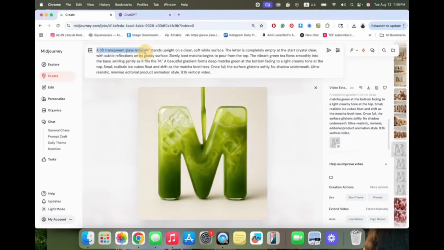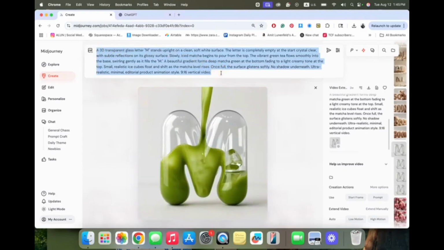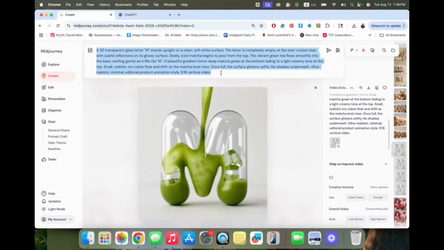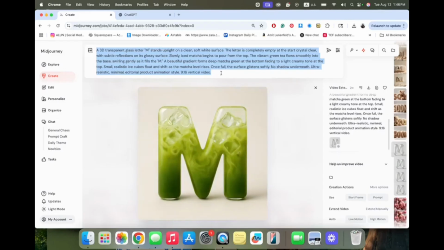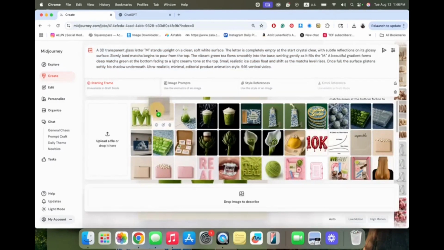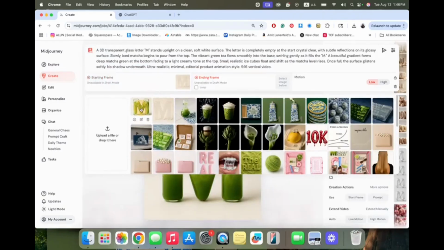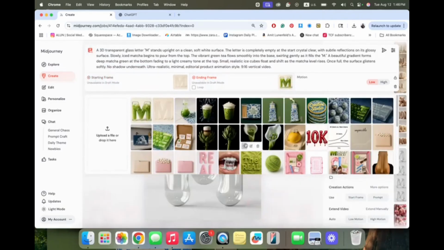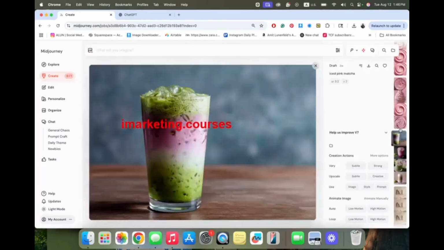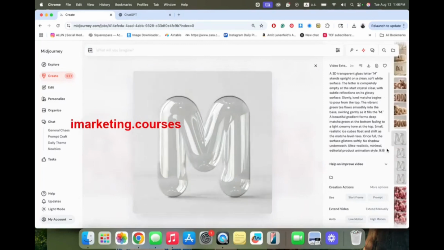Okay, so here you can see a prompt. As I showed you before, you can create the prompt with ChatGPT. You can ask, I want this movement of this matcha pouring into this M from above. But let's create it together so you guys can see. I'm doing the starting point as the empty M, and then wrapping up with the full M. AI will know, okay, we started with an empty one and ended with this scene. Then create it. Let me show you more things I created using this technique.